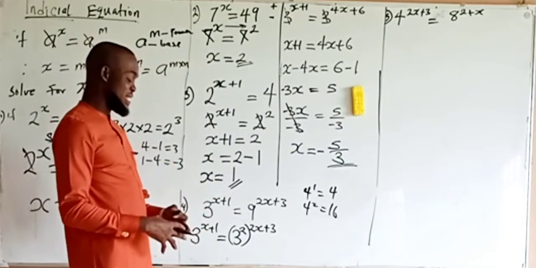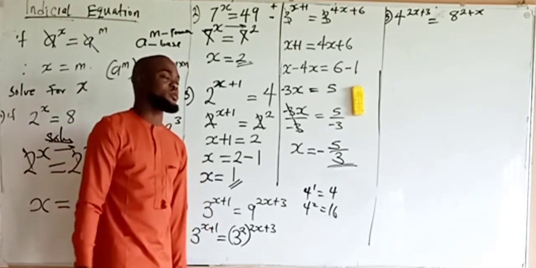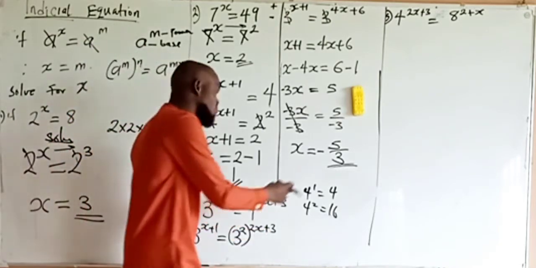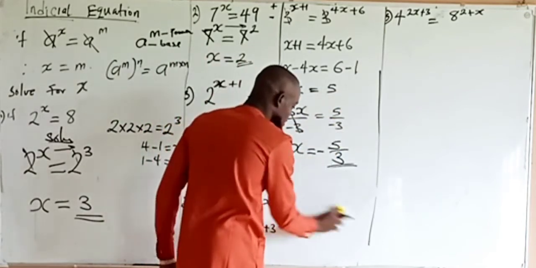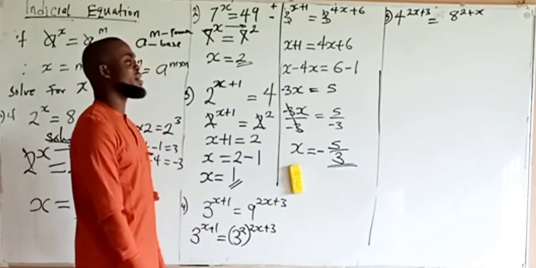So there's no very good whole number to raise 4 to, where the answer will be 8. So we cannot use 4 here. It's not going to work. This one will not work. So what am I going to do? You now check, okay, since that is not working,